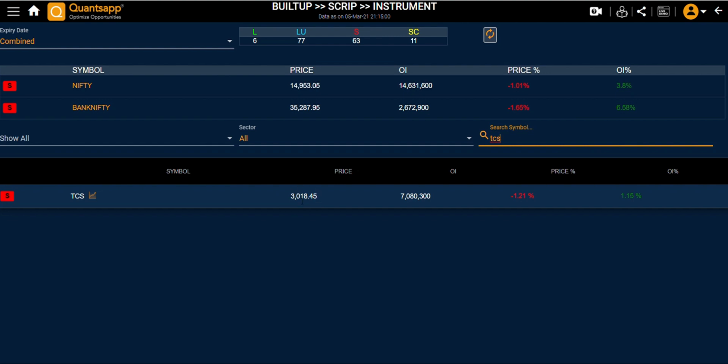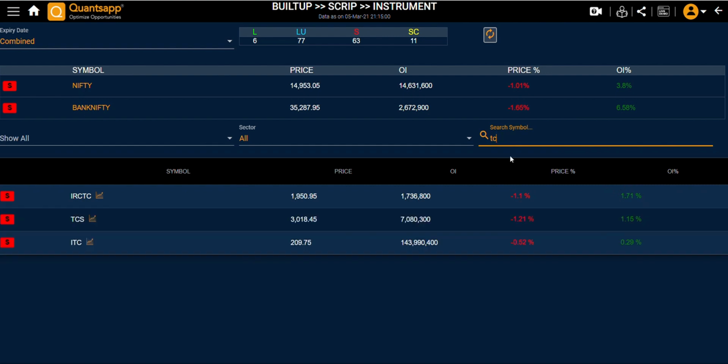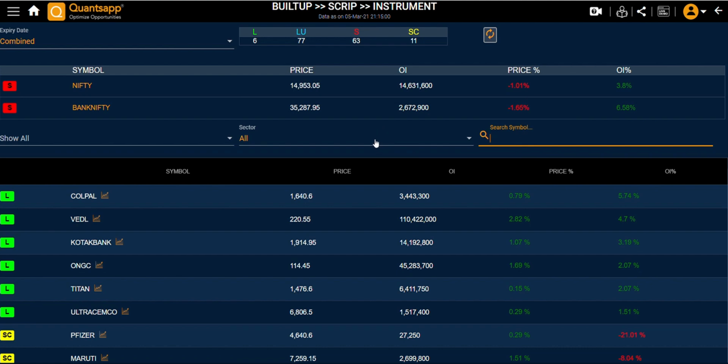I'll get to see the future price, which is 3018.45. I'll get to see the total number of open interest in futures contracts. So today TCS's price is down by 1.21%. Also the open interest has increased by 1.15% in TCS futures contract.